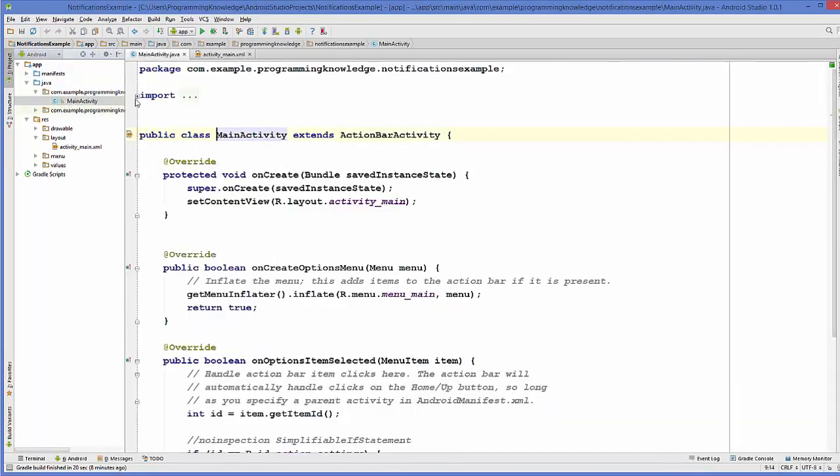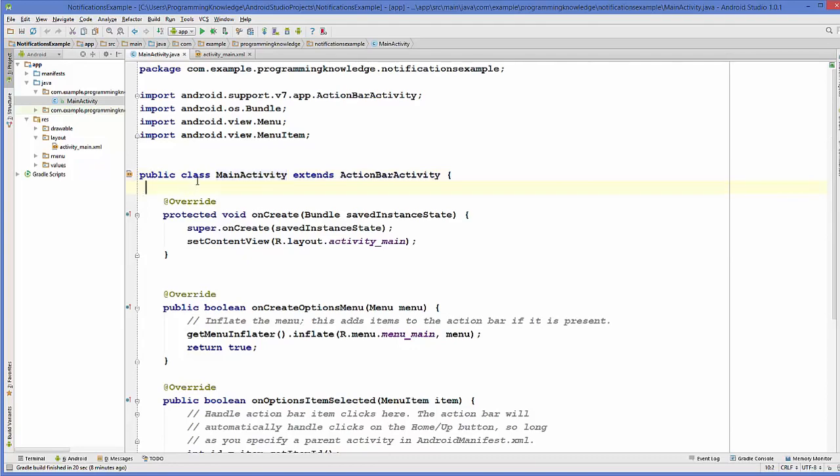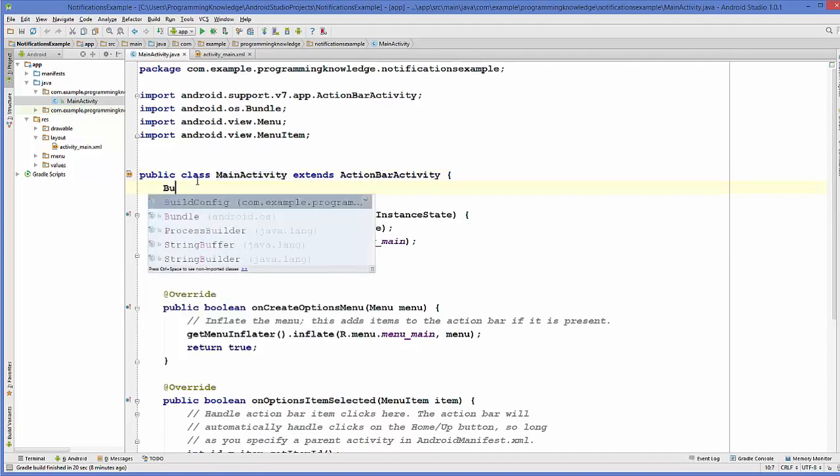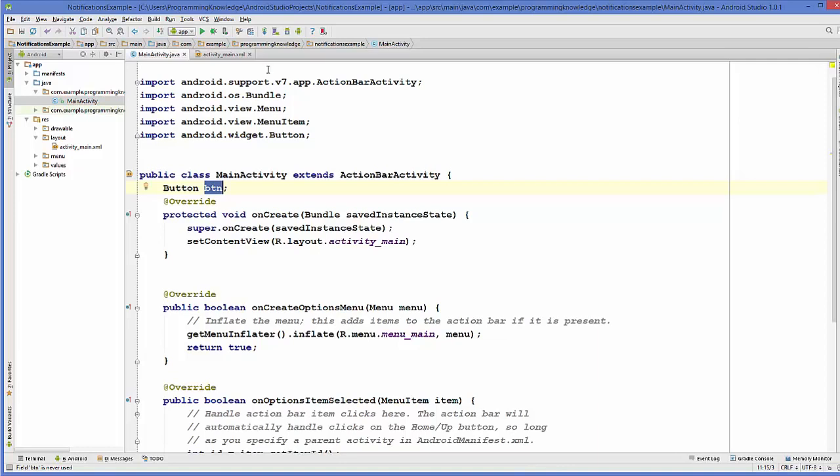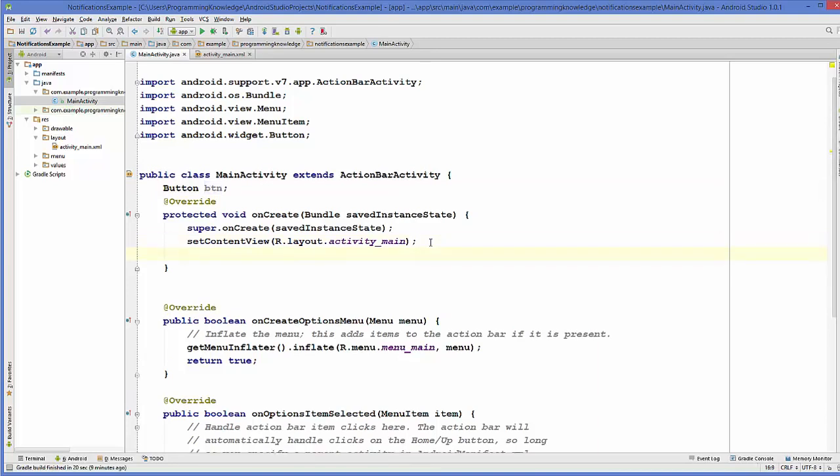So in here I'm going to declare a button variable, button btn for example, and I will give alt enter to include the button imports. And now I will take this button variable and I'm going to cast it inside my onCreate method. So button is equal to